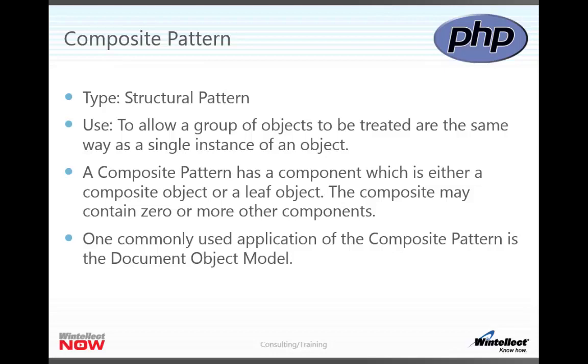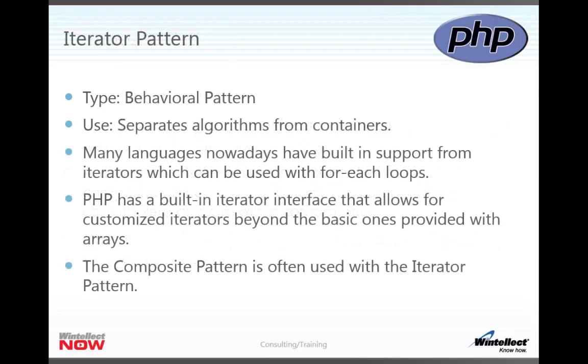And this pattern is very useful, especially when you have tree structures where the tree structure is arbitrarily deep, and you don't really distinguish between the composite objects or the leaf objects. I found myself using this pattern over and over again in multiple applications that I've written over the years, not even knowing that I was actually using it until one day someone told me, hey, that's a composite pattern. I said, oh really? I've been using this for years. It just seemed natural. But you can see how it can be used in many other instances, as well as the document object model and whatnot.